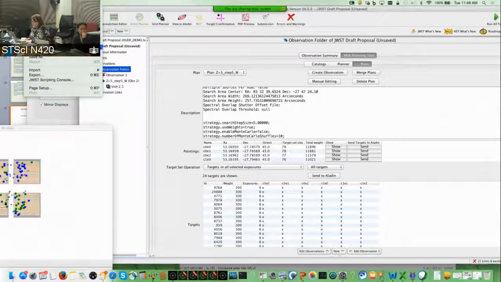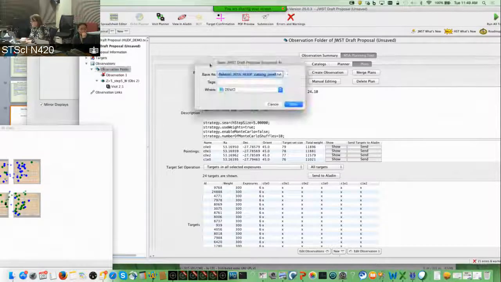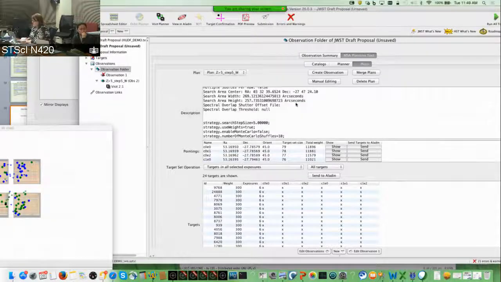I have to save as, let's call it demo test. All right, and it's an APT file, so I'll let it name itself. Hit save, and when it's saved, it should show up here that it's saved to that name. So now you're ready to do file export,